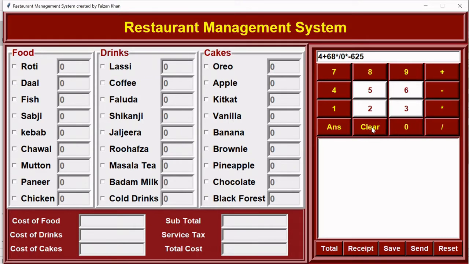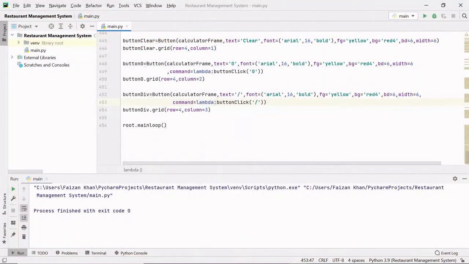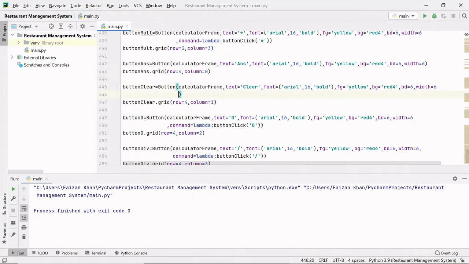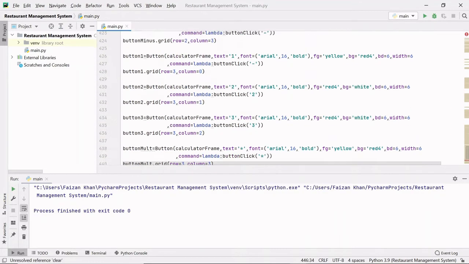Now what I want, when I click on this clear button, is for everything to be deleted from this entry field. So here to this clear button, I will provide a function, a command. Here the command will be clear, and let's define this command.